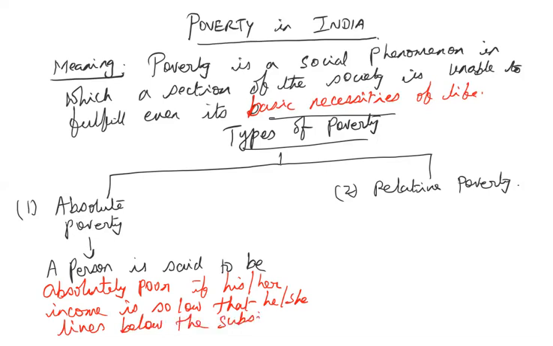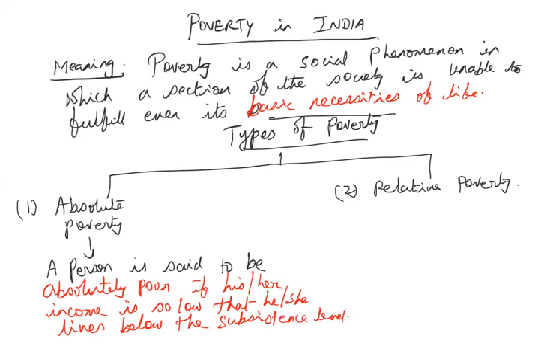So if we are not having subsistence level of living, meaning just surviving with our basic necessities of life, that is the subsistence level of living. If a person is not even having those basic necessities of life, then they are living below the subsistence level of living. Okay,